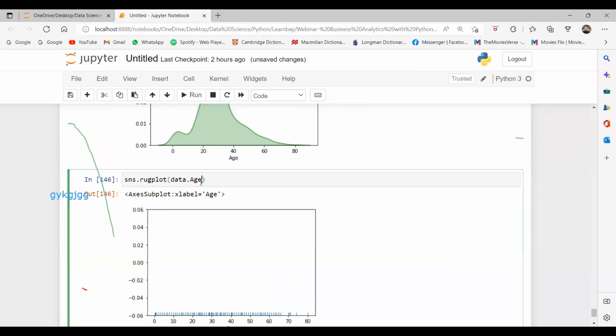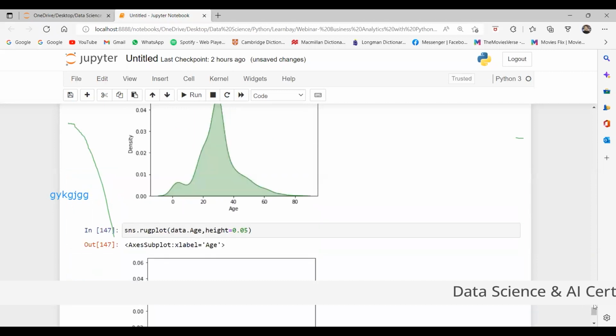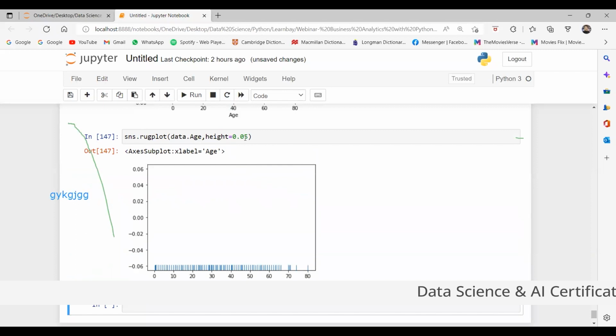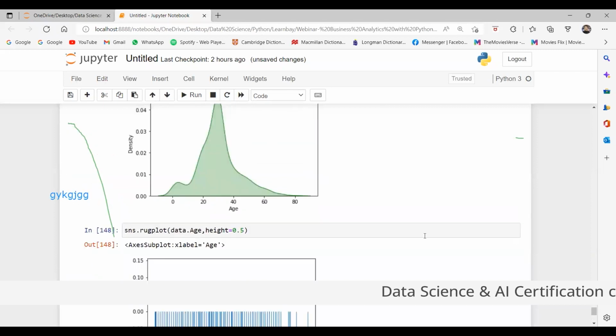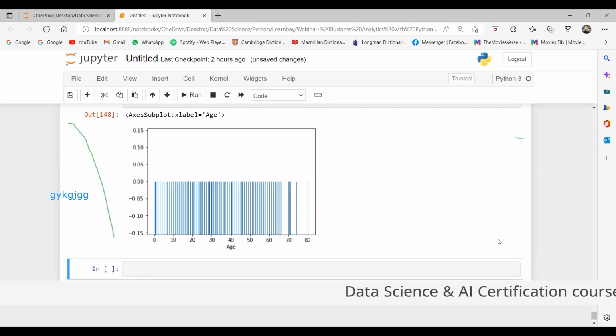For example, I say height equal to 0.05, and even I can say 0.5. So this is the rug plot, guys. So this is telling about the density of the data points.